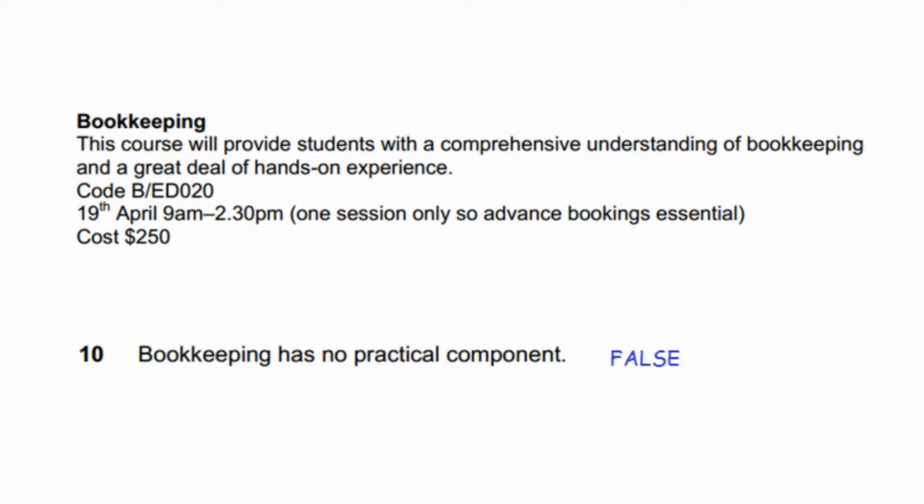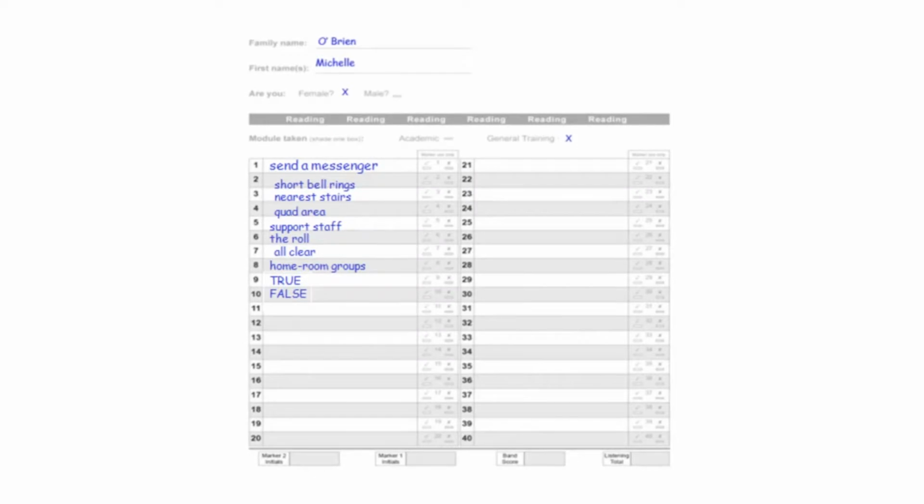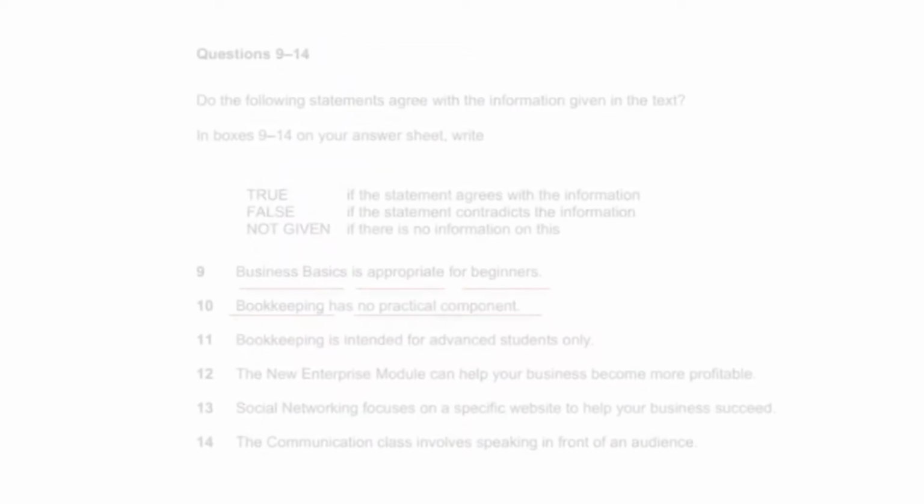As I said, sometimes the answer will be hidden in the text, so scanning the text for keywords will not work. If you can't find the keywords when you scan the text, then you will need to read the passage or text paragraph by paragraph or line by line to fully understand what the writer is talking about to try to find the answer to the question. In your answer sheet, write false for question 10 and then go back to your question paper and look at